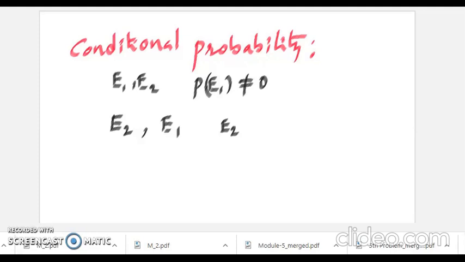So it is denoted by P of E2 divides E1, and is defined as P of E1 intersection E2